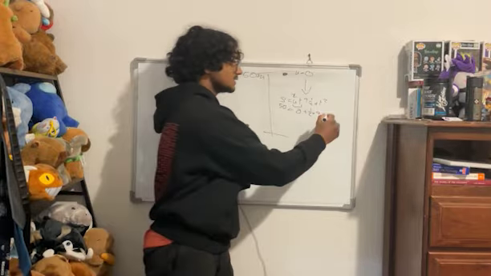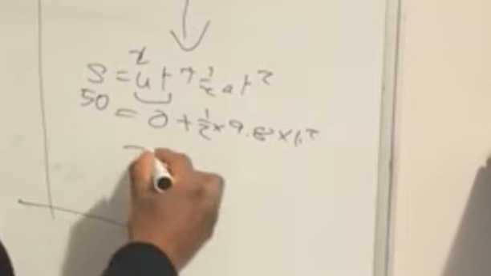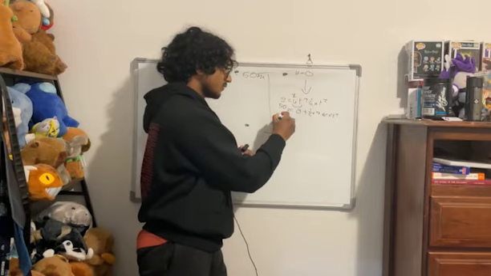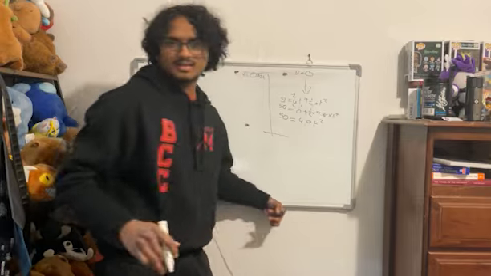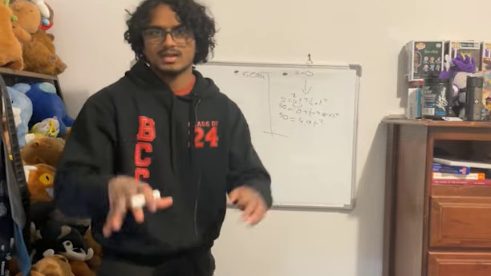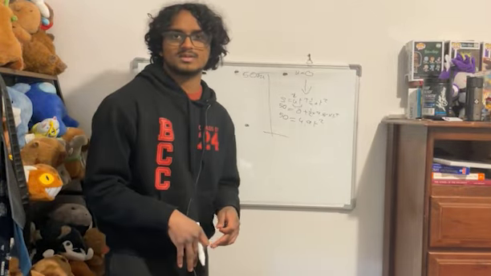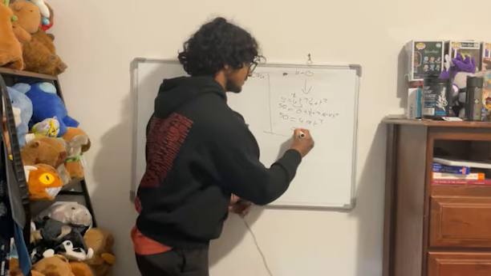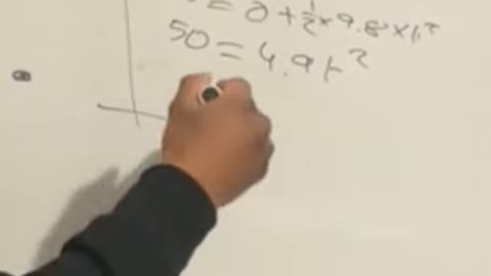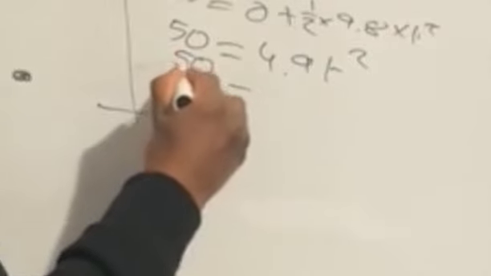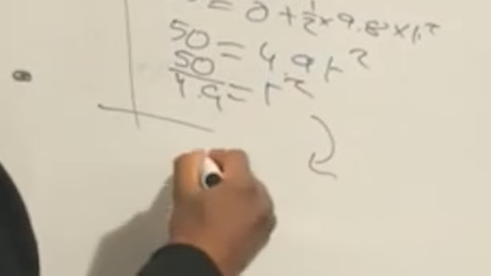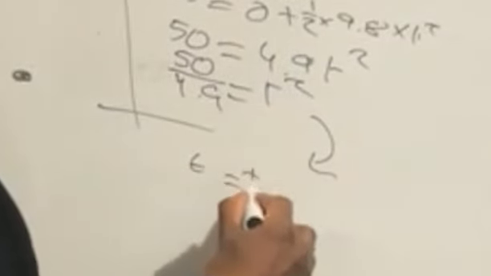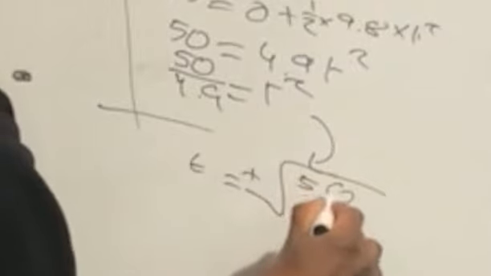And then last of all, we have t squared. So if we do a little bit of arithmetic, we realize that 50 is equal to 4.9 t squared. And from here, this is just simple rearranging. Now, if you're insane, you can use the quadratic formula. If you're me, you can simply rearrange for t. So here we divide both sides by 4.9. So we get 50 divided by 4.9 equals t squared. And from here, we get our final answer of t equals plus or minus the square root of